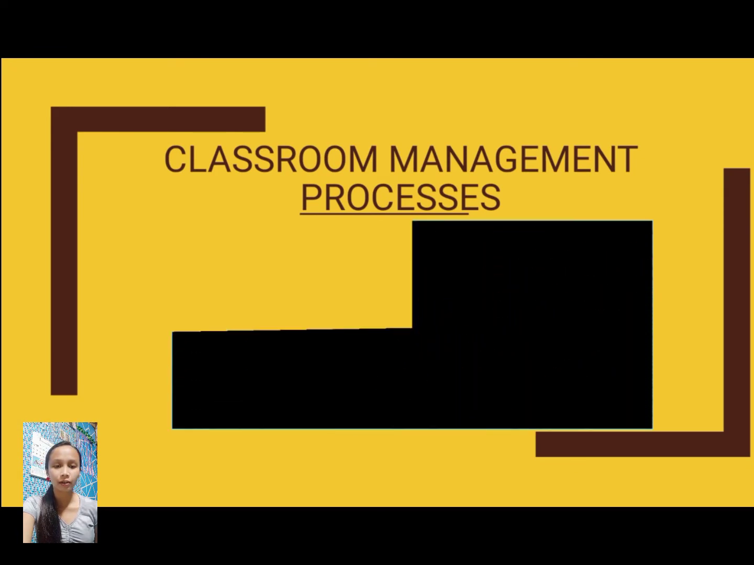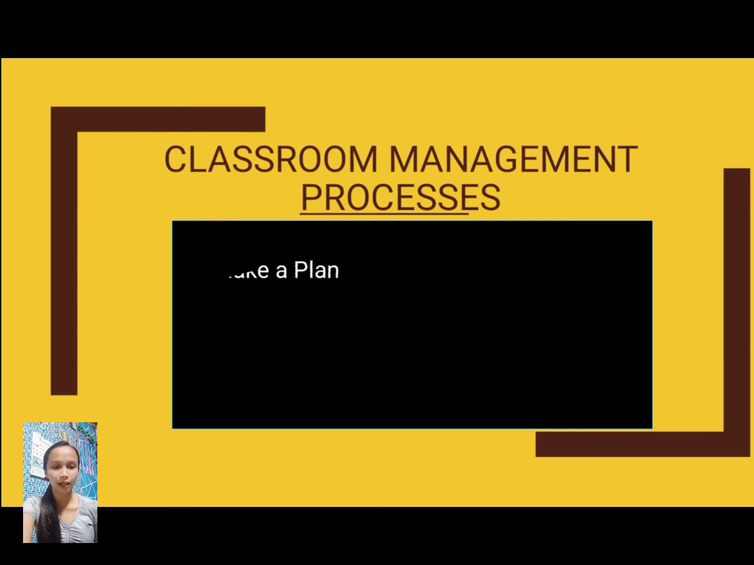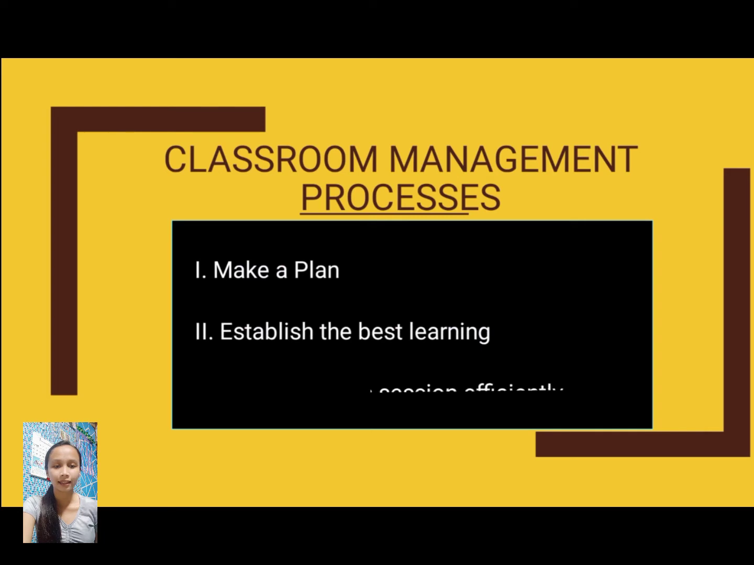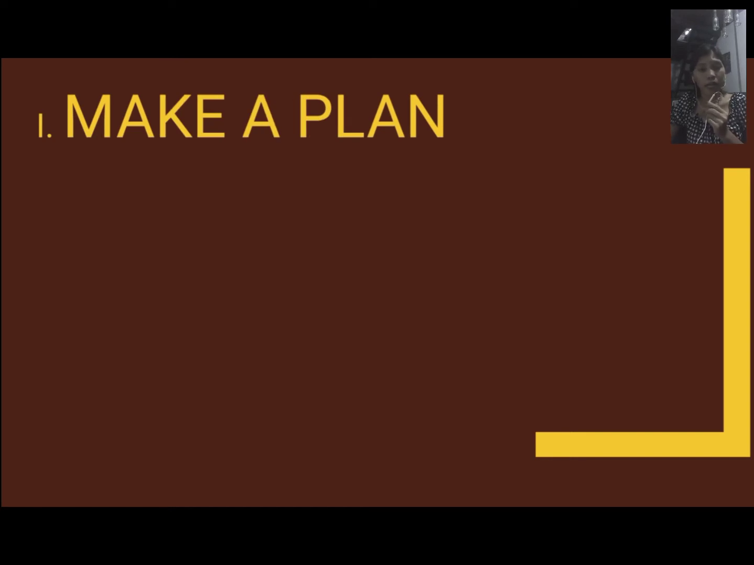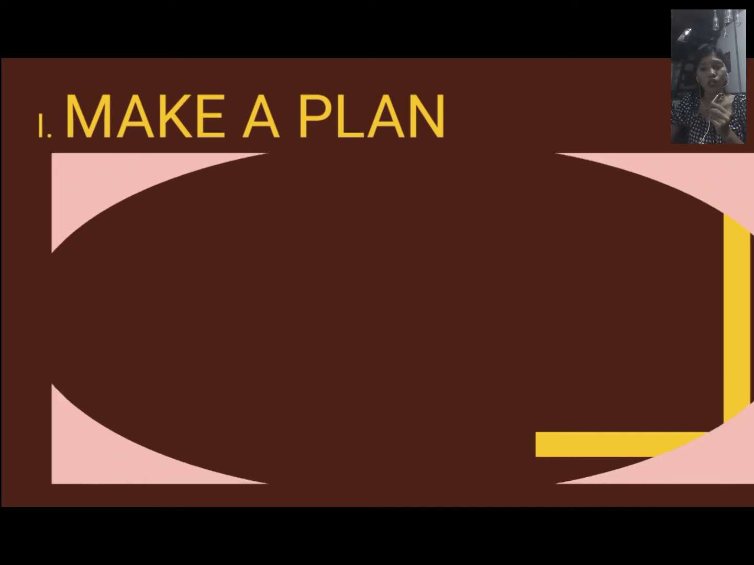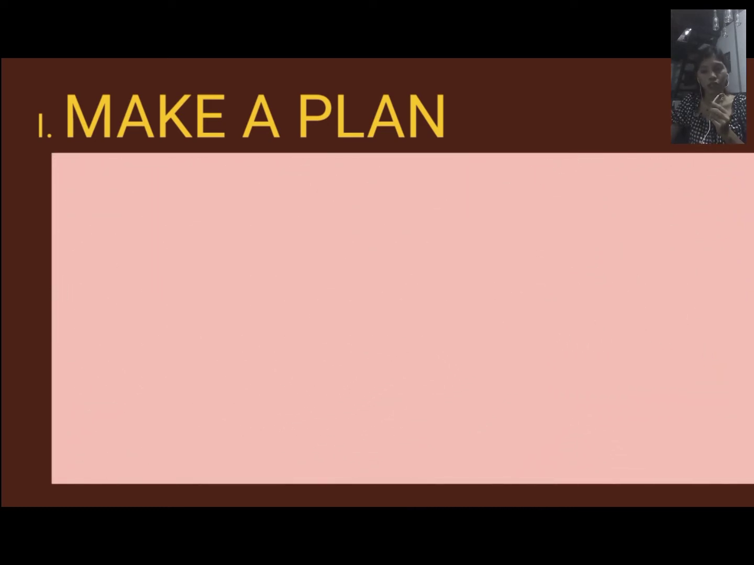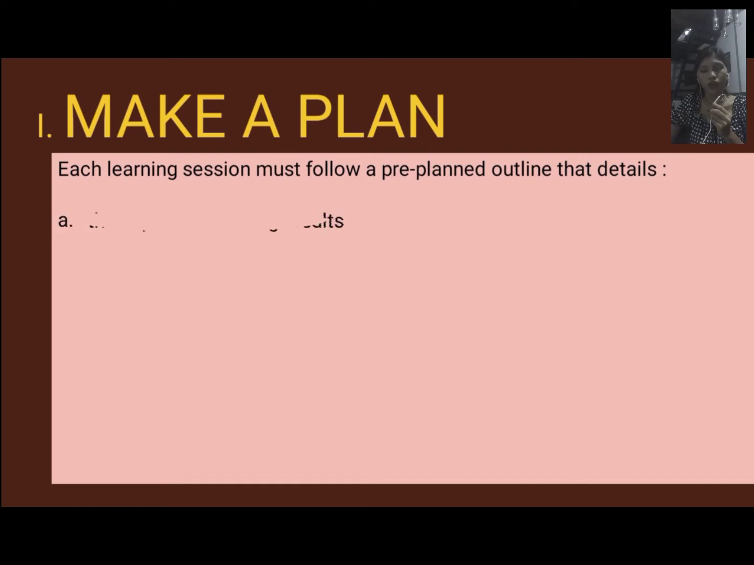There are three processes of classroom management. First is make a plan. Second, establish the best learning. And lastly, conduct a class session efficiently. First, make a plan. By making a plan, you have a smooth learning outcome and clear and concise communication with your students. Each learning session must have a pre-planned outline that details